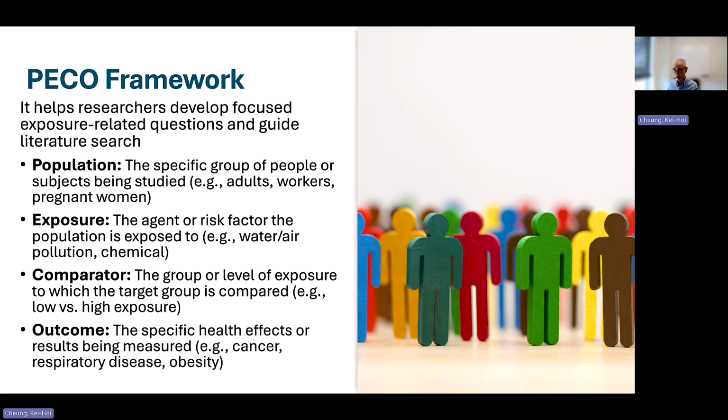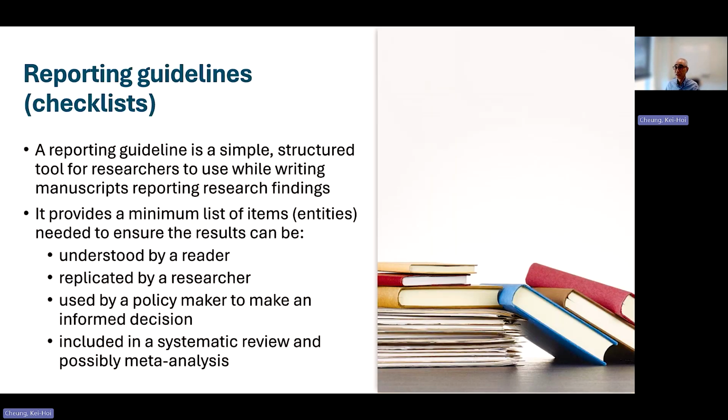Of course, last but not least, health outcome is an important thing, especially for more recent environmental studies. People are more interested in studying the potential links between certain types of exposure and health outcomes like cancer or respiratory disease.